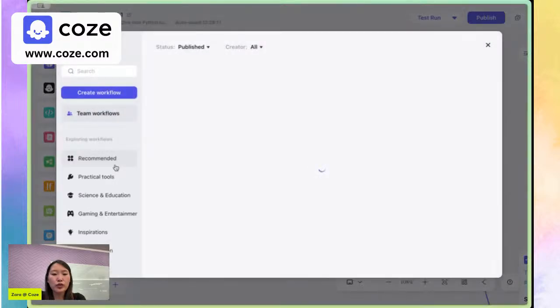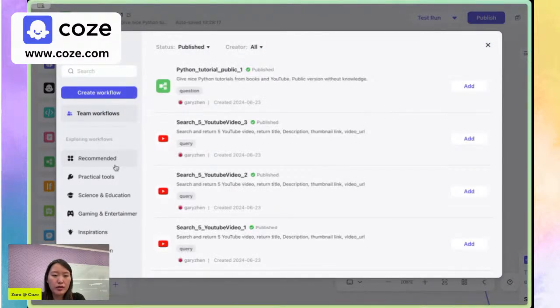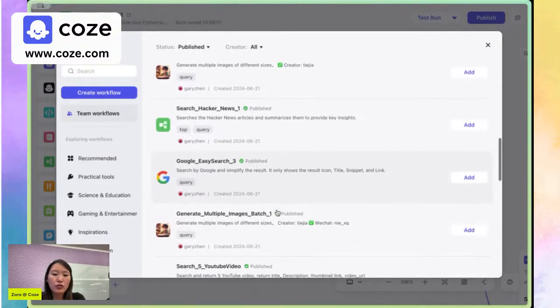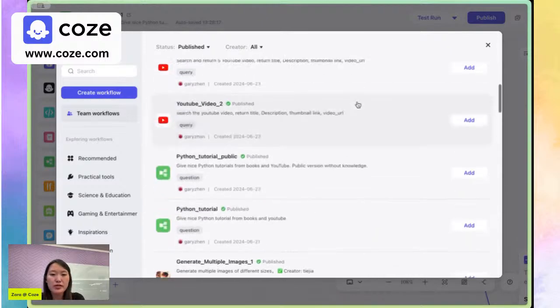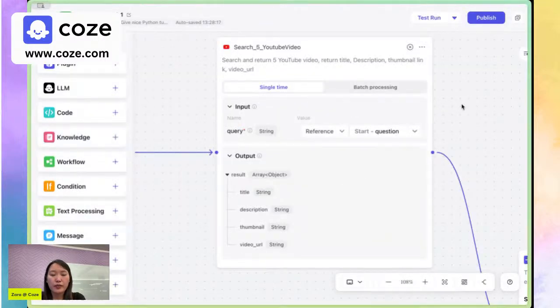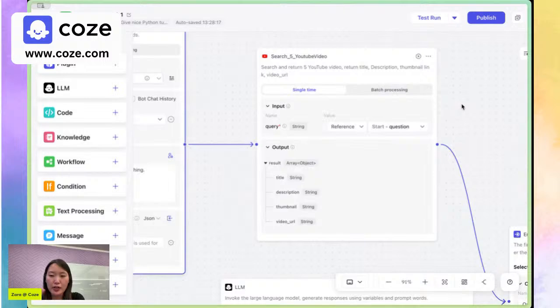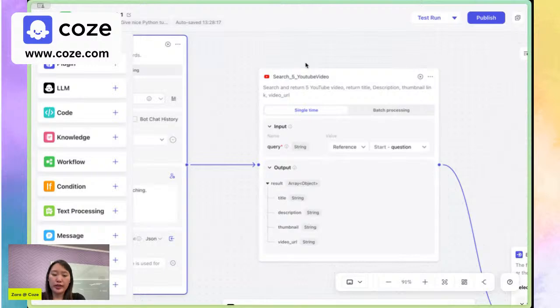So yeah, this is really convenient because in Coze, you don't have to create all the workflows from scratch. There is actually a store of workflows you can find, for example, search Hacker News, search images, etc. So you can just duplicate other people's workflows. This is a ready-built workflow that when you give it a query, it will return 5 YouTube videos about the